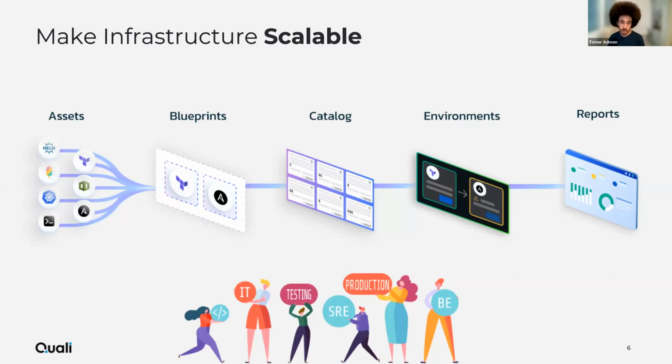Now, what Quali really brings to the market is the ability to take those assets and very, very fast build blueprints, which are configurations that take those automation definitions and define a reusable way to orchestrate and maintain them. Now, once you have created your blueprint, you can publish that in a catalog. Think about a marketplace of configurations that can then be launched into environments. Those environments are the running instances of those blueprints containing those assets. And at the end, think about the CloudFormation you designed, you put it in a blueprint.